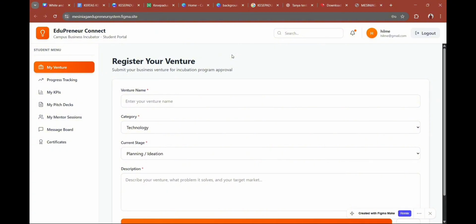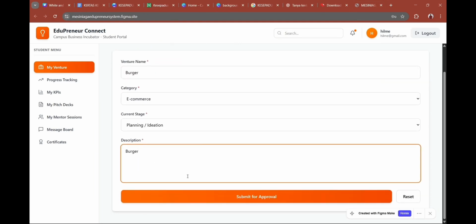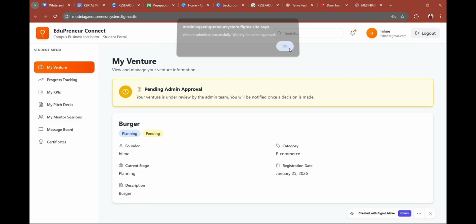This is where the student can register their venture by filling up all these details. Now let's fill in all the details as an example. Then they can just click Submit for approval. After clicking Submit, the system will notify the student that the registered venture is pending admin approval. So this is where it will be notified, and these are all the details that the user has filled up